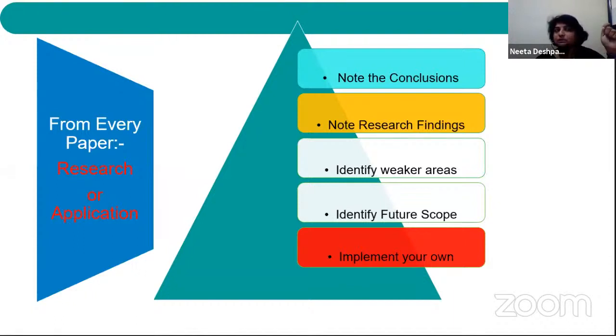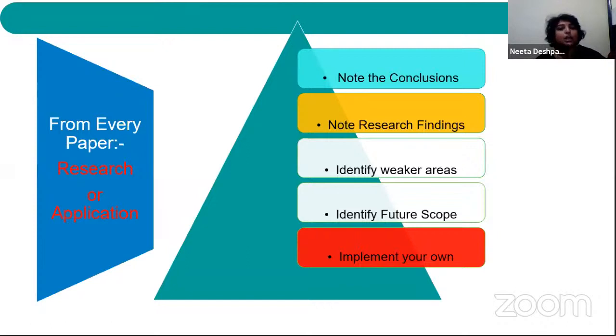You'll find these weaker areas in the conclusions. Every paper has a future scope. Or every paper will say that this particular project that we have developed is not working for these particular conditions. Obviously, when we are doing some development or designing software, there are some constraints of the software that we are designing, right?